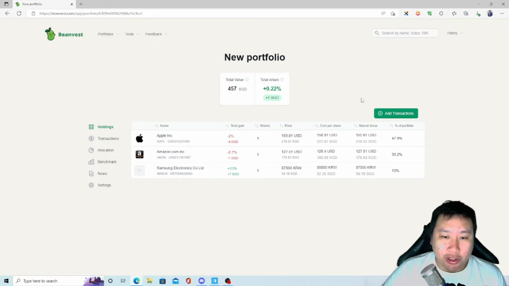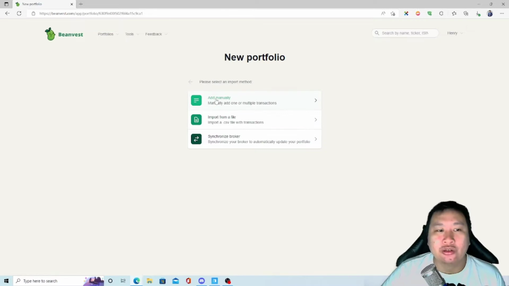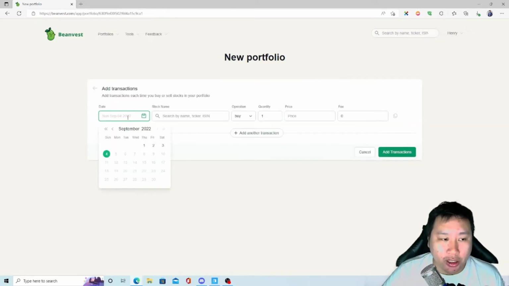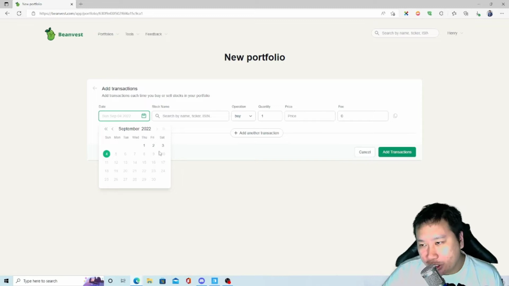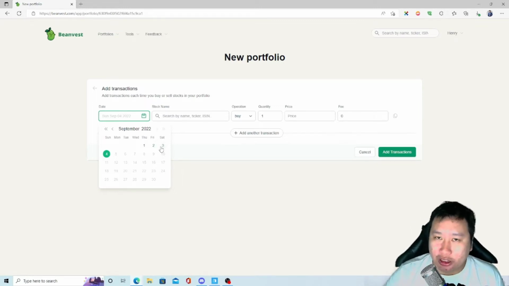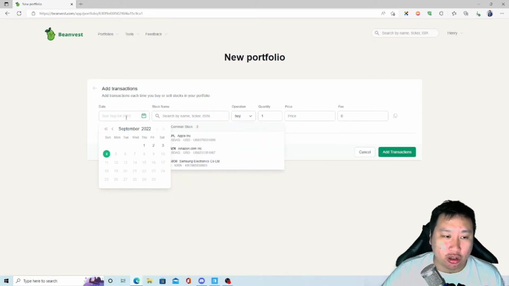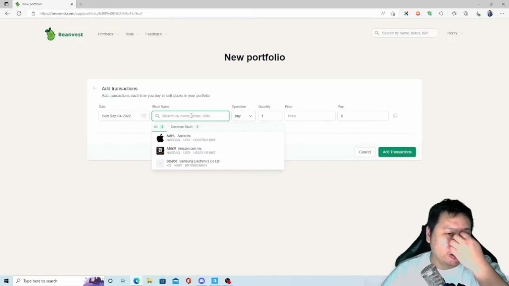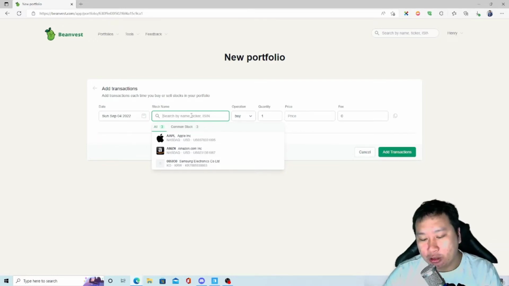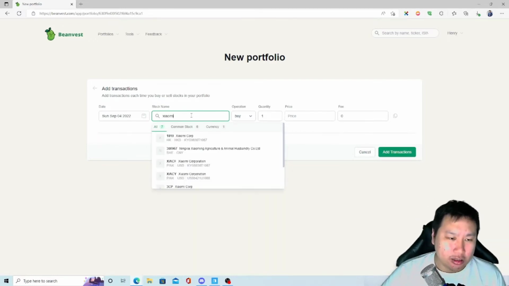Over here you can add transactions, so you can add manually one by one. You can put in when you purchased the stock itself, and then you can search for the stock name, whatever you're looking to buy. Maybe you're looking to buy, let's say, Xiaomi. So yes,